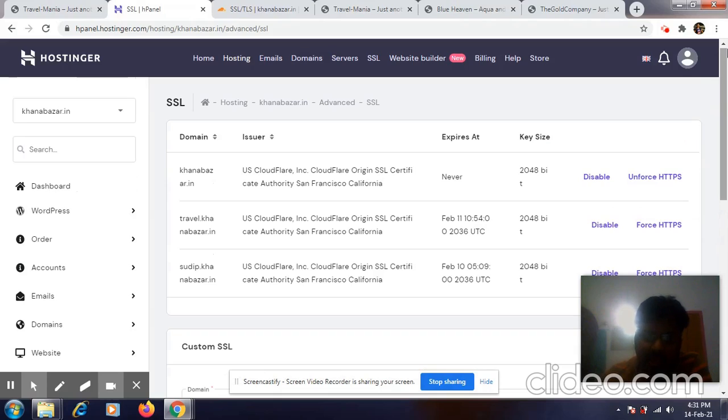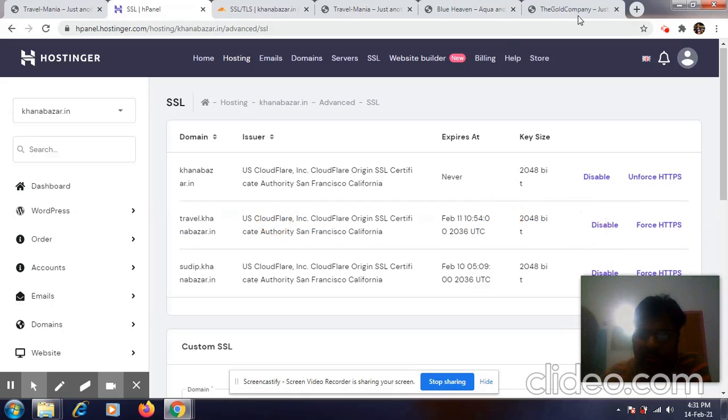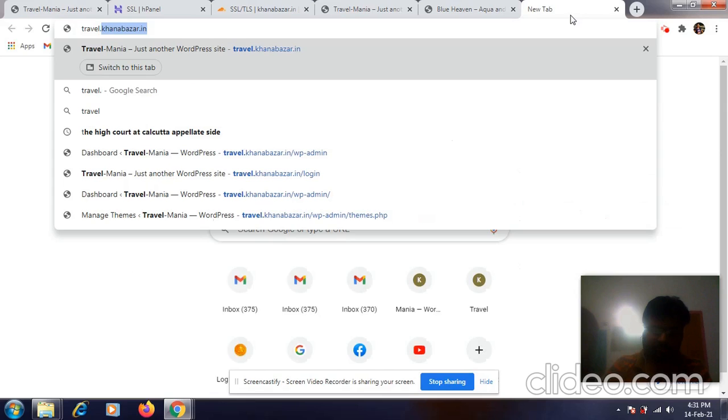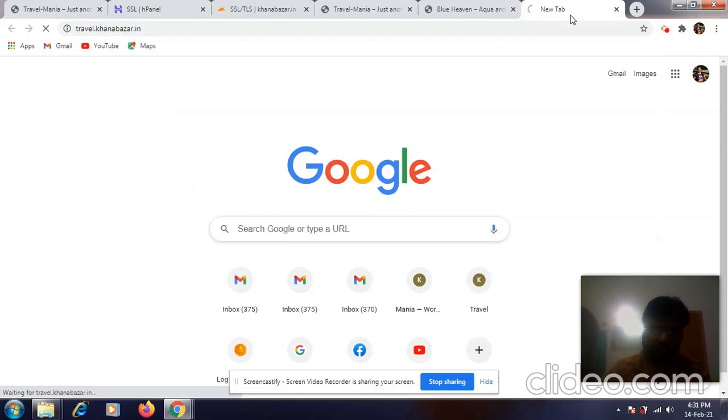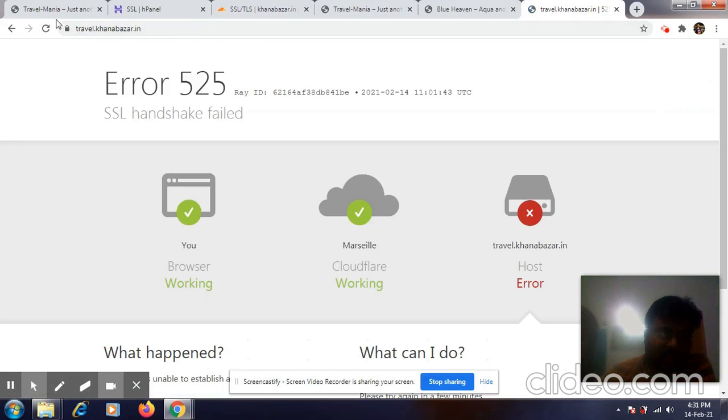As you can see, my travel.khanabazar.in has already been added over here. You don't need to do anything there. Just go to your travel.khanabazar.in.